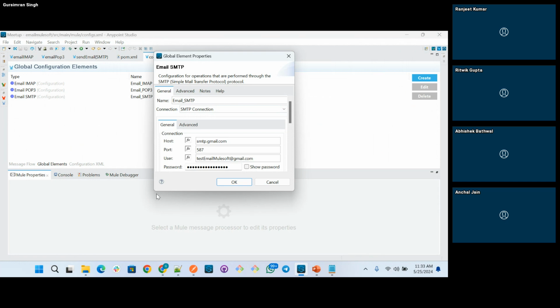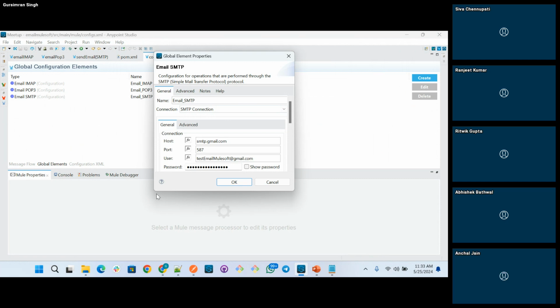The username is basically the email address used to connect with the email server. In my case, it's the test email at MuleSoft.com. And can anyone tell what this password is? This is the Gmail password, right?